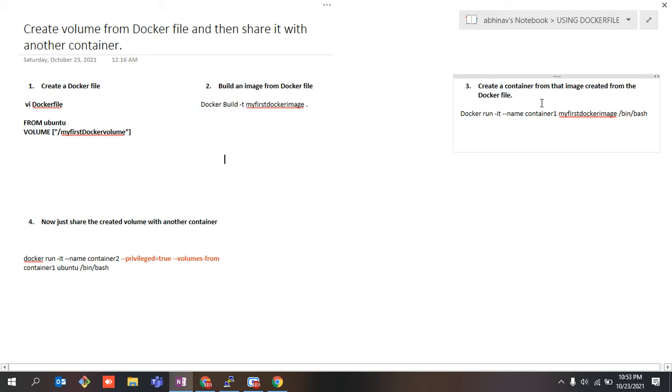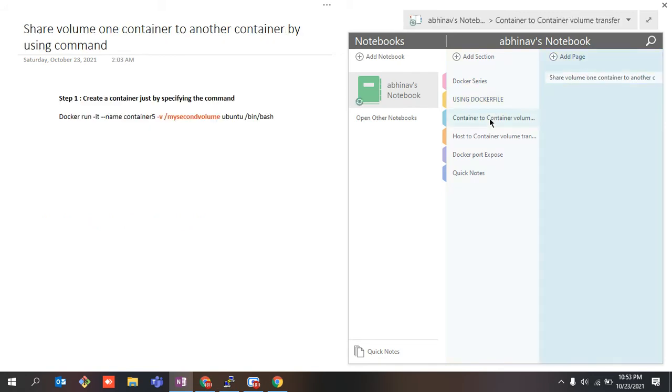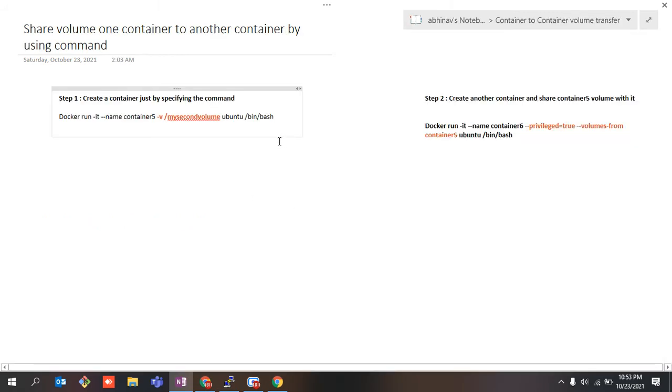And then we created a container from this image that got created from the Docker file and we simply shared it, right? The other way that we did it was using container to container. So in this, instead of four, there were just two steps involved: create a container and just simply specify that this container is gonna contain some sort of a volume, right? And then create another container and just transfer the volume from this container to this newly created container that you are going to create in step two, right?